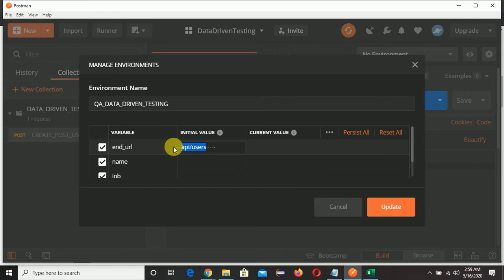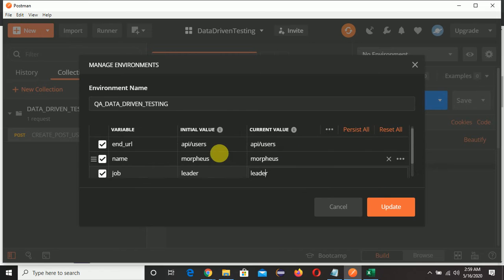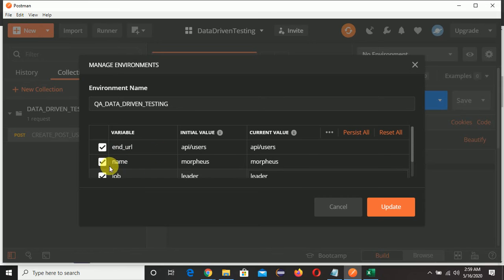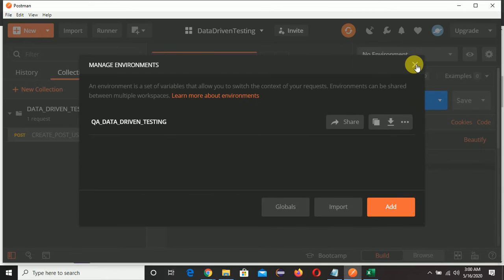Yes, copy the same thing here. And name is Morpheus. And the job is leader. We have created three variables here. Now we need to replace them there. We need to give end URL, name, and job in the request or in the URL. So just click on update, just cross it.